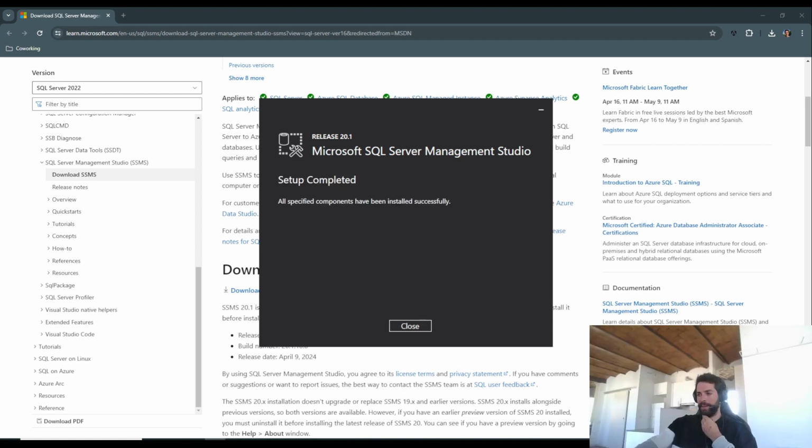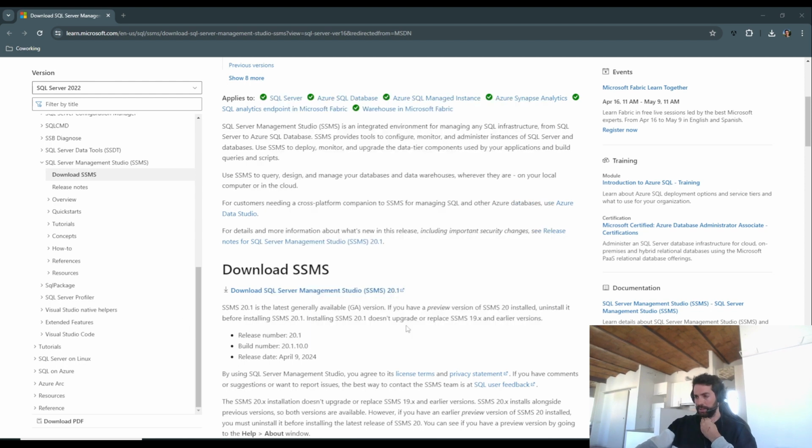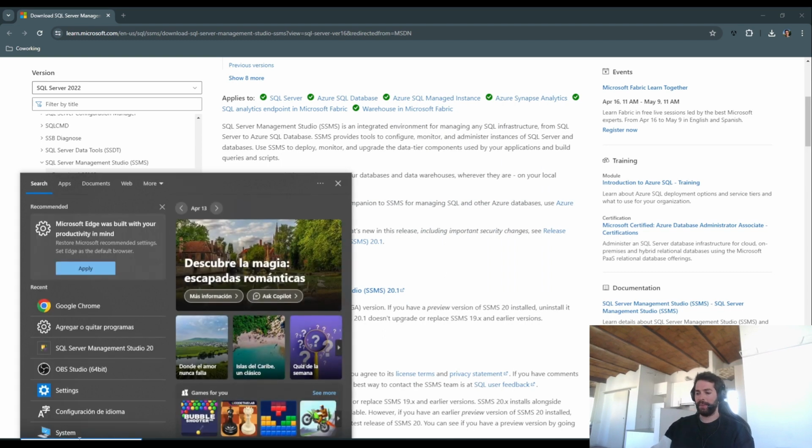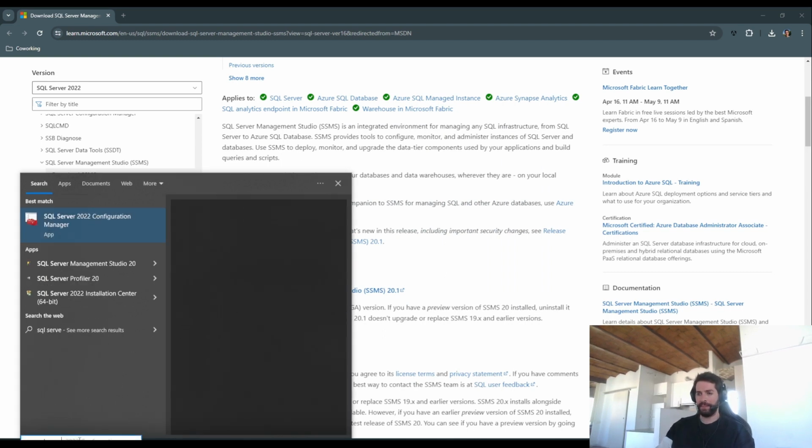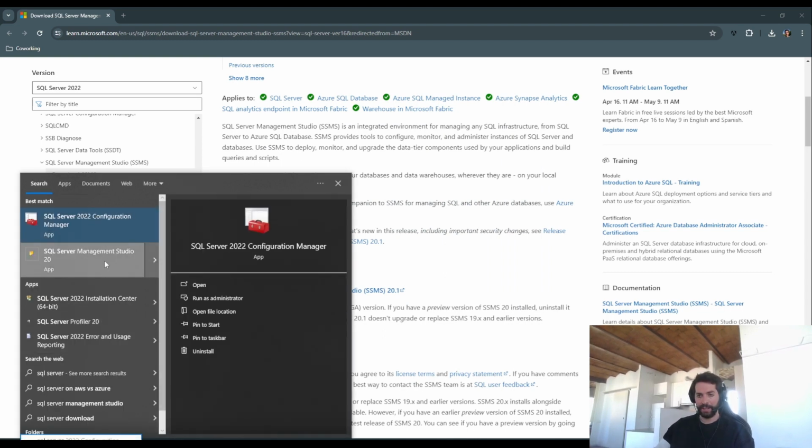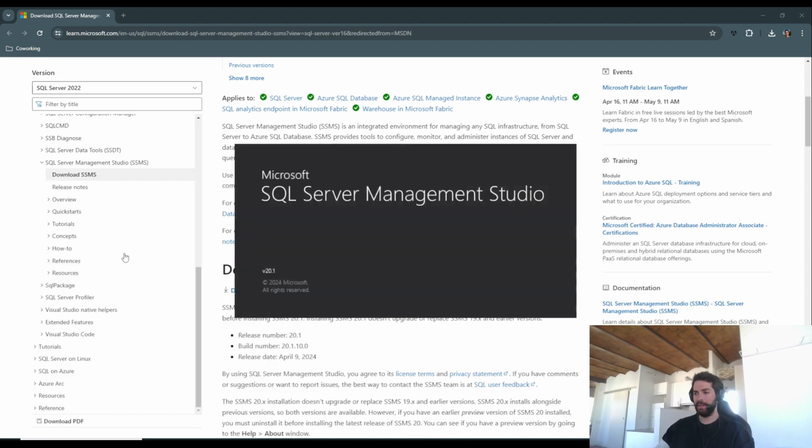Okay, now the install was finished. I will close this tab, and then I will type SQL Server Management Studio. We need to open this program,